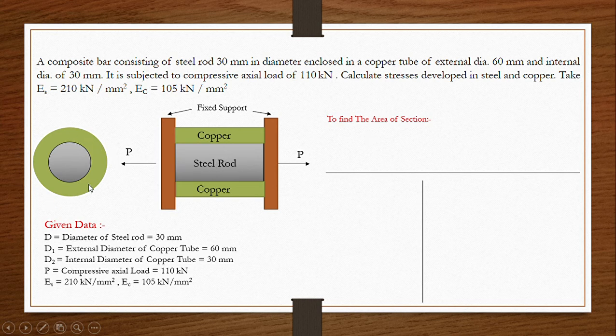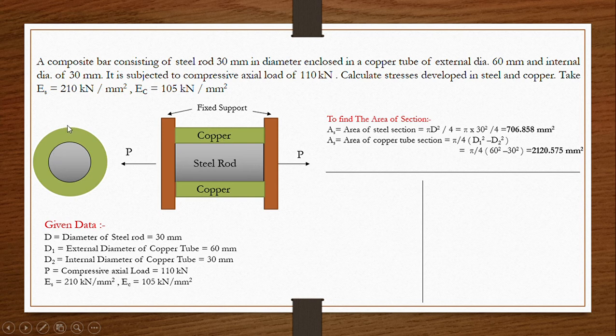As you see, the cross-sectional area for steel will be pi by 4 d square. The value of d is given, that is steel rod d is 30 mm, so it will be 706.85. Cross-sectional area for copper tube means area of outer circle minus area of inner circle, so that is pi by 4 d1 square, that is outer circle, minus pi by 4 d2 square, taking pi by 4 common. After putting the values and calculating, we get the answer